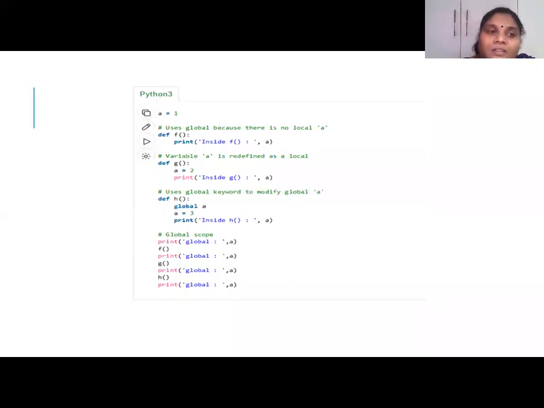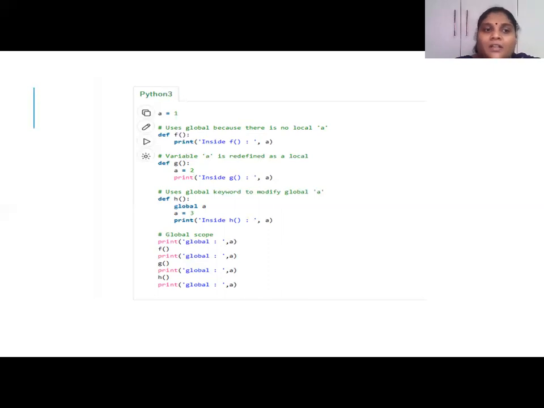In the second function, define G, A is equal to 2. This A is equal to 2 is a local variable which belongs to the function G. So now if I give print A inside G, I'll be getting 2 for the G function.